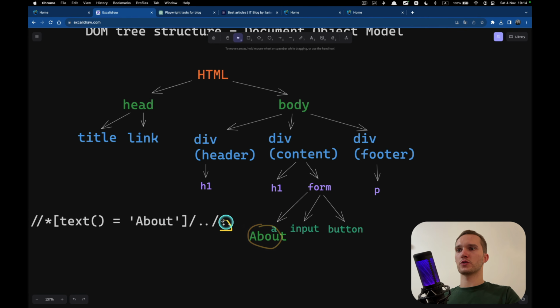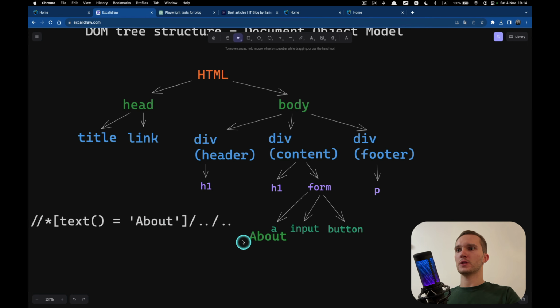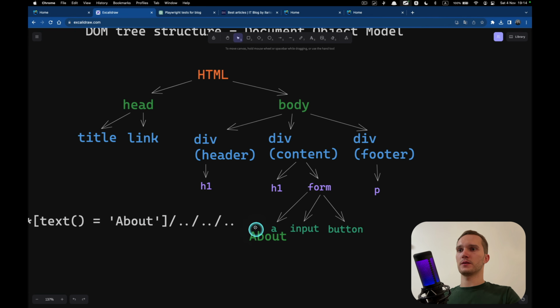And then we have two more dots here. We are right now here, and two more dots mean that we go one up to this one. And if we add two dots again, we get to the body. Again, located this element, two dots, parent, two dots, parent, two more dots, parent of the element.